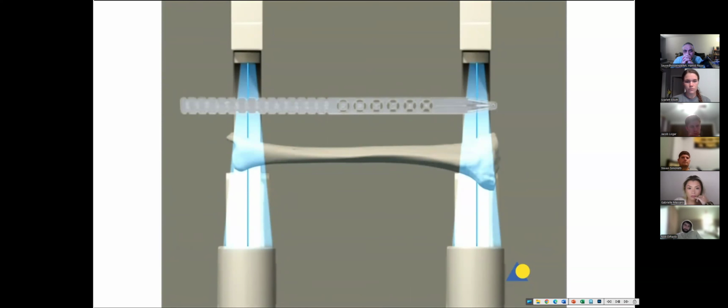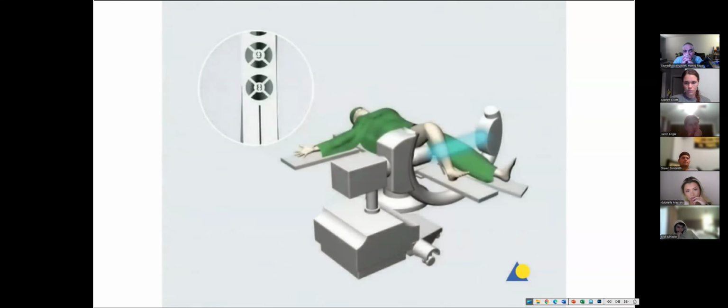The image intensifier is moved towards the distal end of the tibia. The proximal end of the radiographic ruler is aligned with the skin marking, and an X-ray of the distal tibia is taken. The reduction is verified, and the required nail length is read from the radiographic ruler as it appears in the X-ray. The image intensifier and radiographic ruler are also used to